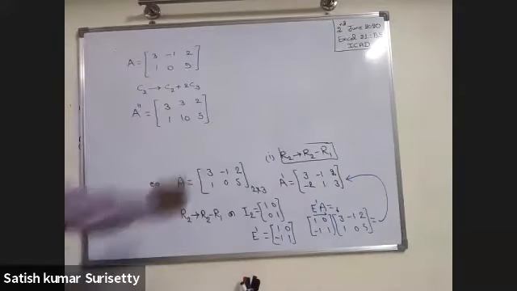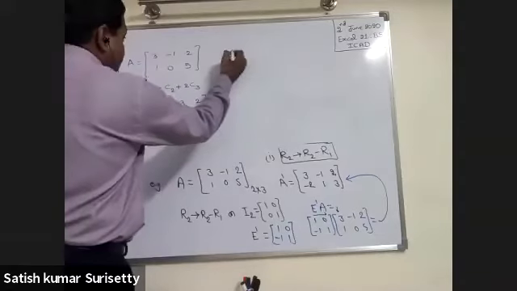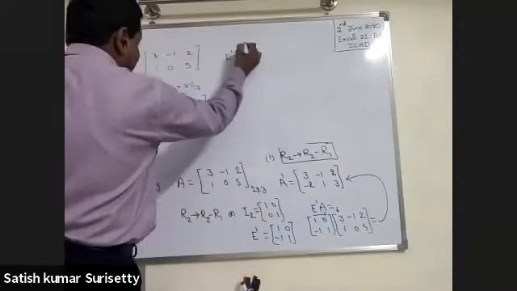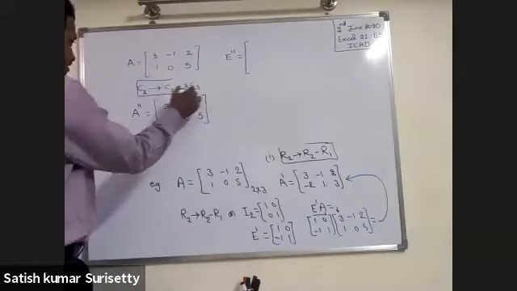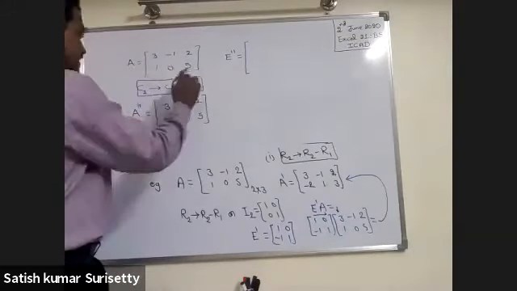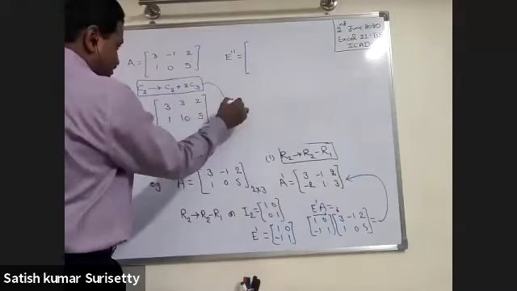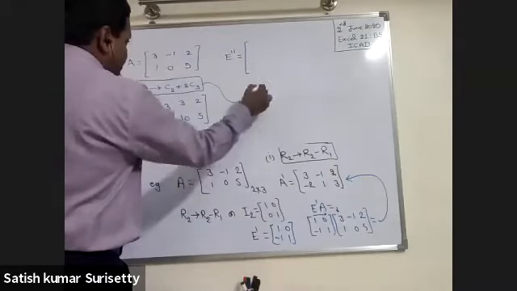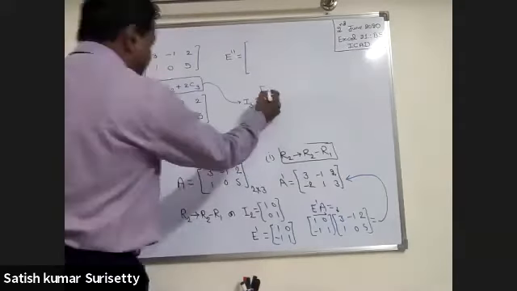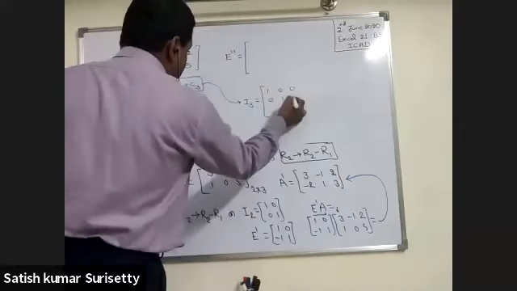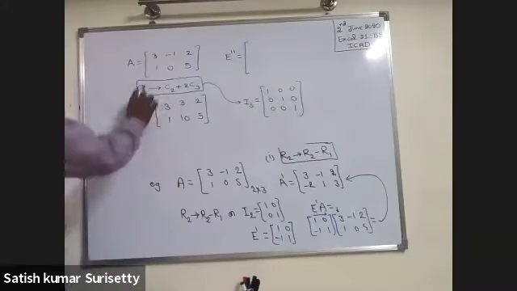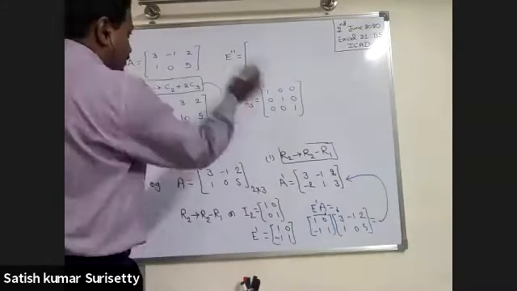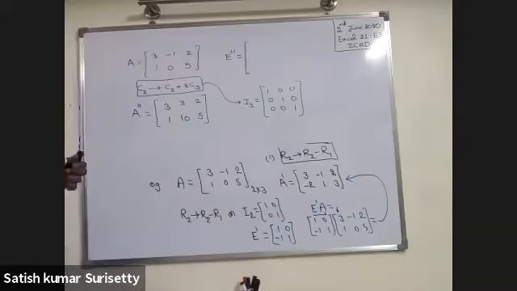Now let us calculate the elementary matrix E double dash by applying the same column operation. On which identity matrix should I apply? 3 by 3, I3, that is [1 0 0; 0 1 0; 0 0 1]. Now apply this same column operation on I3 and tell me the corresponding elementary matrix obtained. Let us denote that as E double dash.